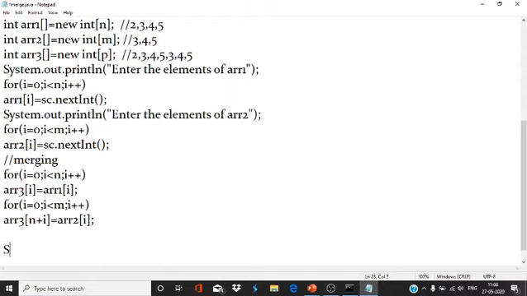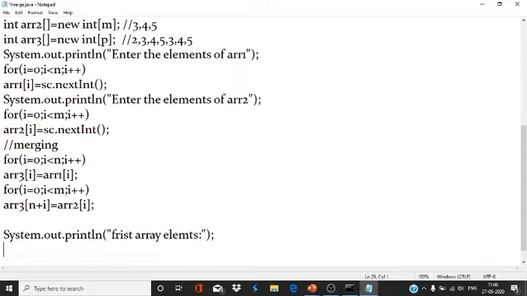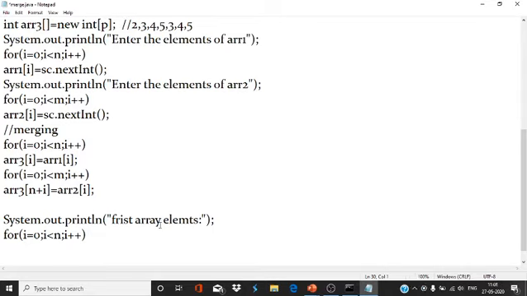So I am going to print like this: System.out.println first array elements, n times, and System.out.print n times, and then the array elements are arr1[i].